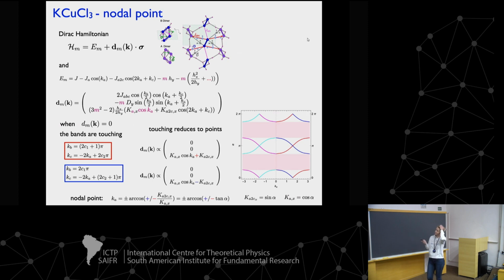This maybe is not the best plot, and I apologize for that. The red and the magenta lines are solutions to this case, and the blue and this lighter blue are solutions for the bottom case, for these arc cosine solutions for the Ka. What you can see here is the Ka value, and the alpha parameter is along the Y direction. As we change alpha, we will have different solutions where we have nodal points in the momentum space, and then of course we have regions where there is no solution. That means that in those regions, for those alpha values, we have a fully gapped system. There is no degeneracy whatsoever because this D vector will never become 0.